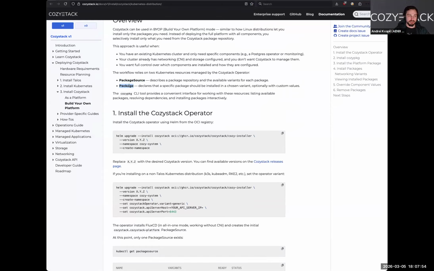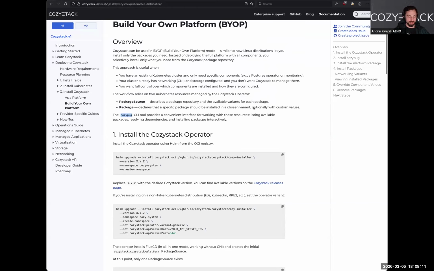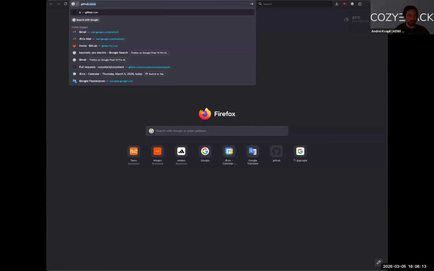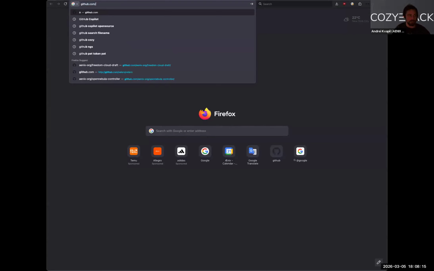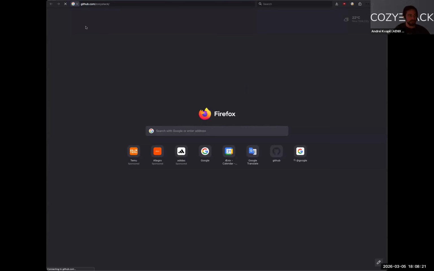And the package represents user requests to install specific packages from the source. For managing this, we have created the Cozy packaging tool. Now it can be easily installed from Brew. We also have our Brew repository, thanks to Alexei, who actually created it.